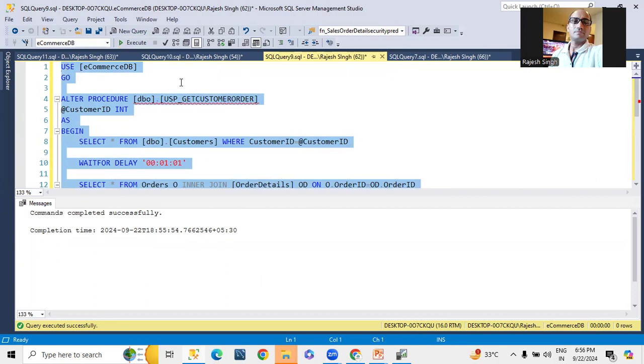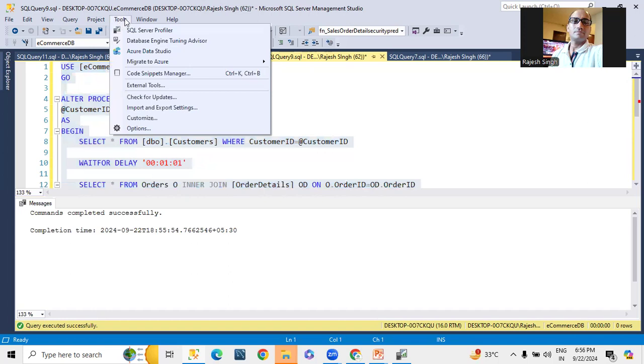So today what I came up with is that I created something like an event, and after that, tomorrow we'll get to know which procedure is executing for more than 1 minute. Okay. So let me start with the profiler, which I already explained the first time in a demo. Profiler is deprecated, so mainly we'll focus on extended events or activity monitor. Profiler is still there. If you want, you can use it, but it creates a double load on the server. So let me go with the profiler first.